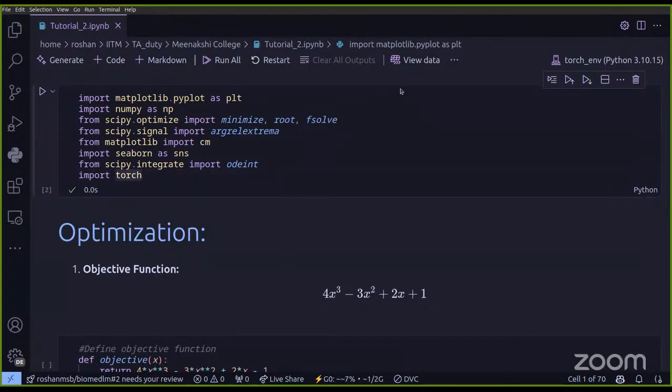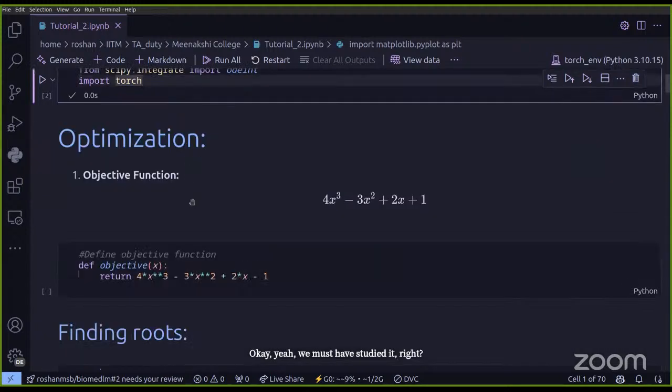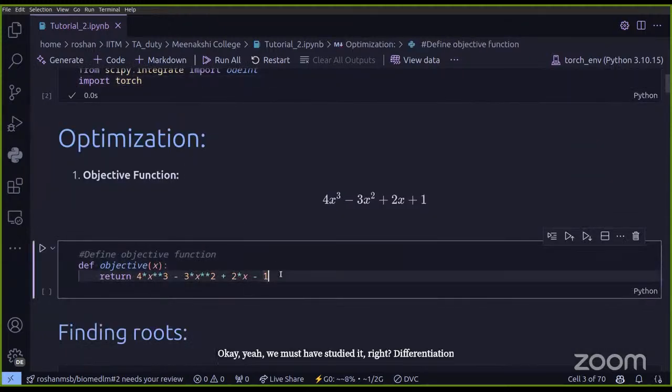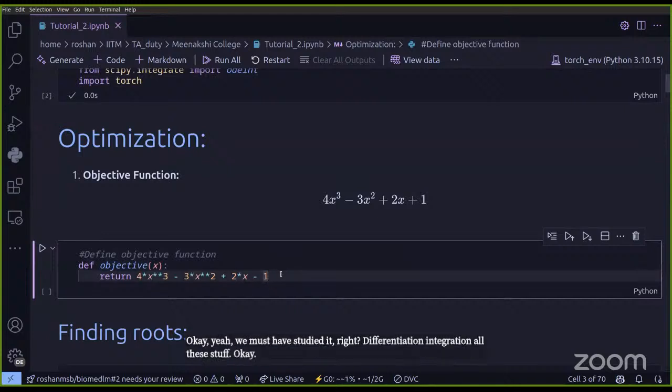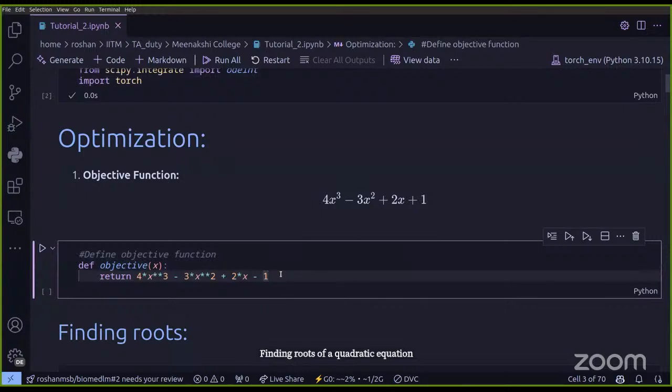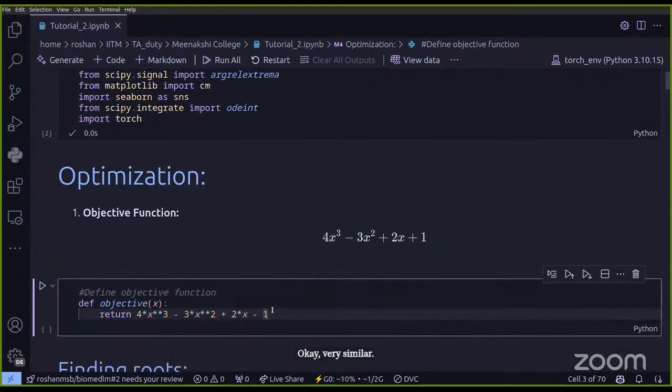Okay, you must have studied it, right? Differentiation, integration, all these things. Finding roots of a quadratic equation, all those things, right? Like the square root of b squared minus 4ac by 2a and all those things. Very similar. But if you don't want to deal with quadratic functions, if you have